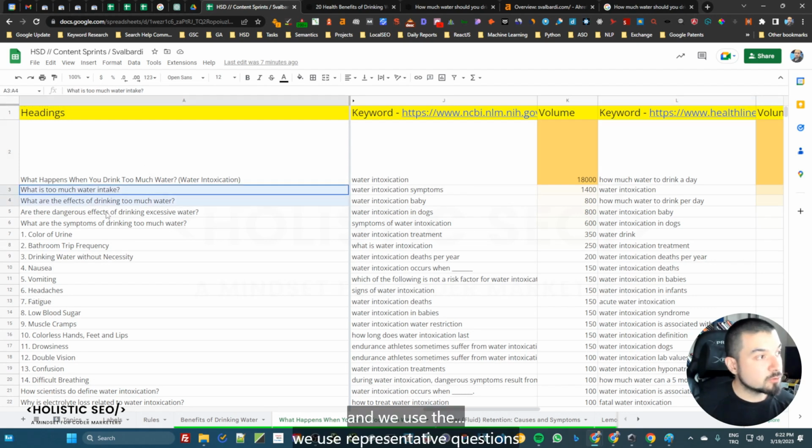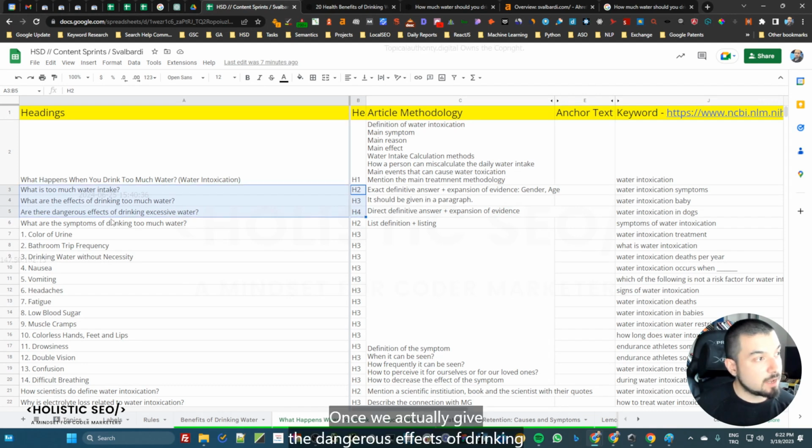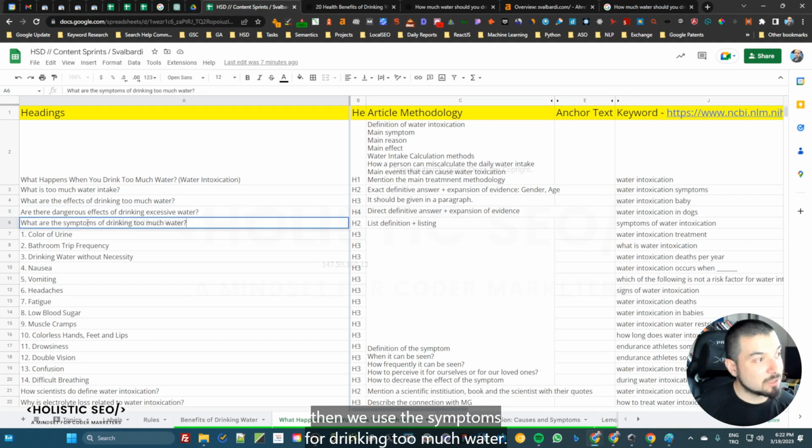And we use representative questions in this area, and according to our heading hierarchy or contextual hierarchy, this is the first section. Once we give the dangerous effects of drinking excessive water, where excessive water is a synonym for too much water, then we use the symptoms for drinking too much water.